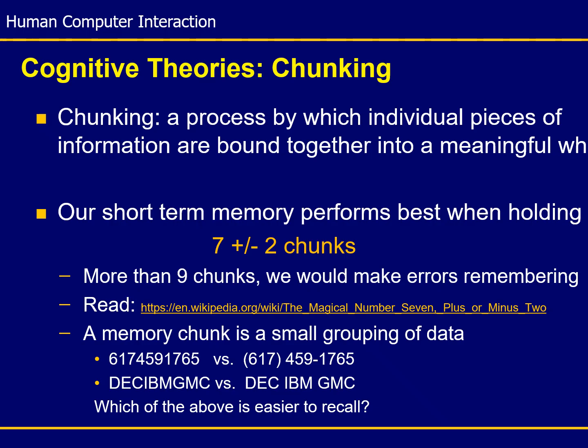Now let's talk about some cognitive theories. The first thing we're going to talk about is called the chunking theory. It turns out that when we divide a piece of information into smaller pieces, the user is able to comprehend it better because he's able to store it better in his short-term memory. Okay? So as I write here, chunking: a process by which individual pieces of information are bound together into a